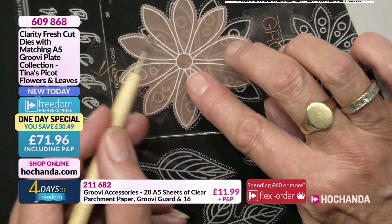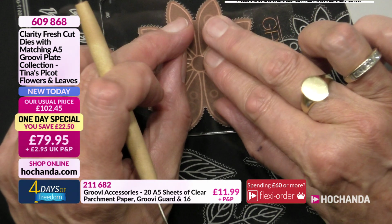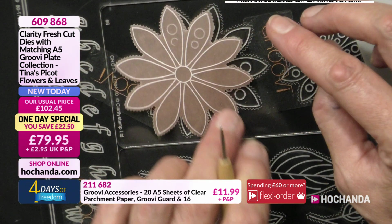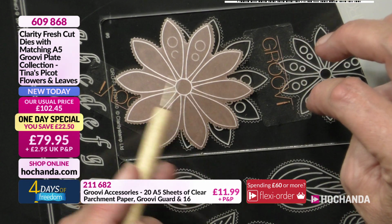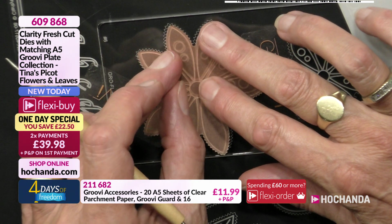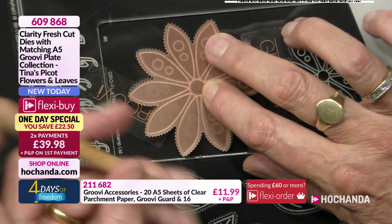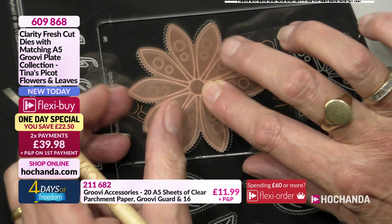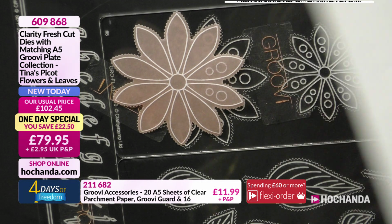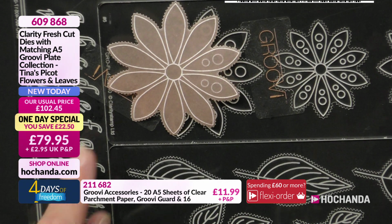Now if I've missed a bit, you see how I've missed a bit there? I can see that I've missed it. I'll go back, and it doesn't matter. There was obviously a bit of parchment there. There was a groovy tab in the way, that's what it was. So all I need to do, if I miss a little bit, is go back and relocate the groovy, right? And you can see immediately when you've got it. So this is perfect for beginners as well. Oh, it is absolutely marvellous for beginners. So it's entirely up to you whether you do this or whether you...